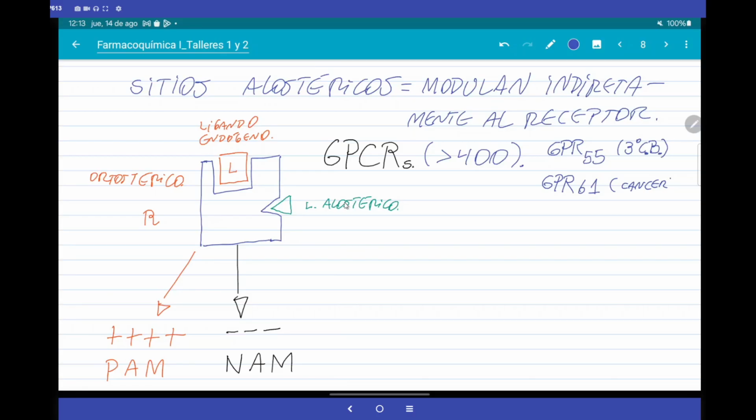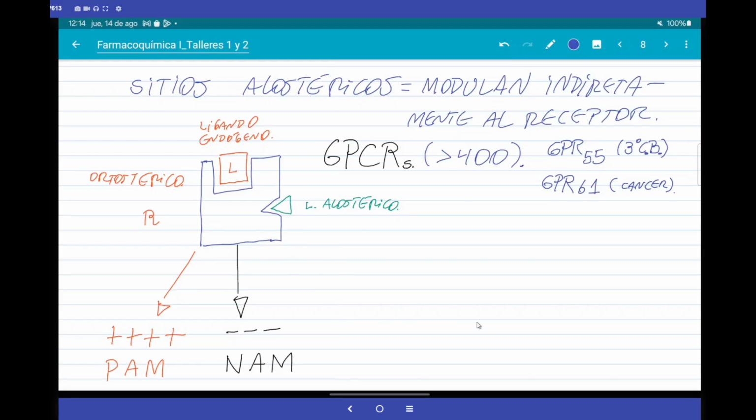Then there is a lot that can be done with orphan receptors. When I say orphans, it means that it is not known which is the endogenous ligand, and its main function is not yet understood very well. Sometimes the function is discovered before the ligand, because many times the ligands are membrane lipids, molecules that are difficult to detect. For example, there are famous receptors that lipids stimulate in cancer, and also the cannabinoids.